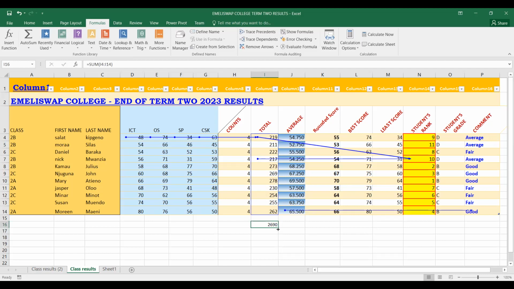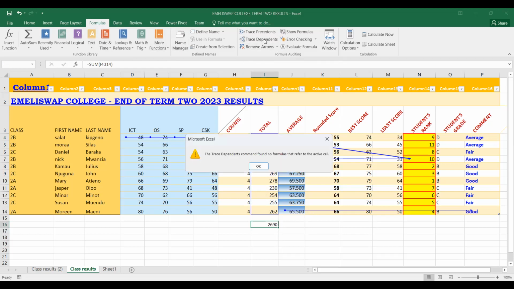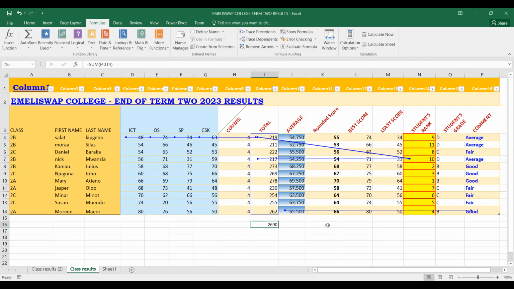So let me trace the precedence for this. What do we do? Let me click on Formulas and then click on Trace Dependents. You can see the message: the Trace Dependents command found no formulas that refer to the active cell. What about